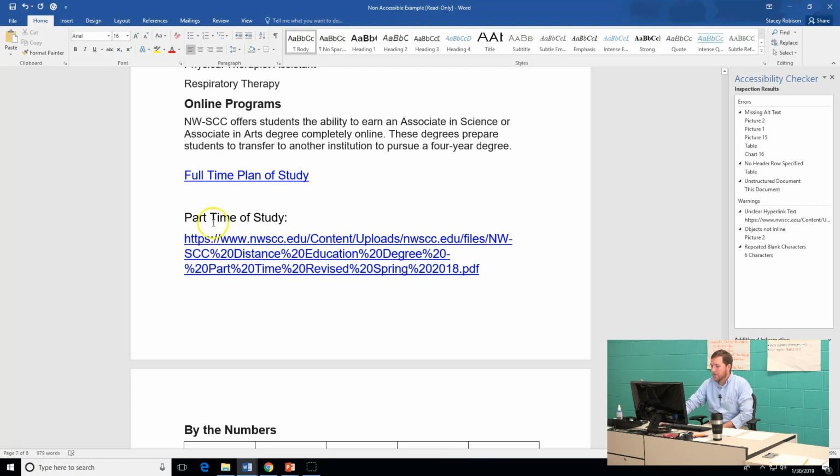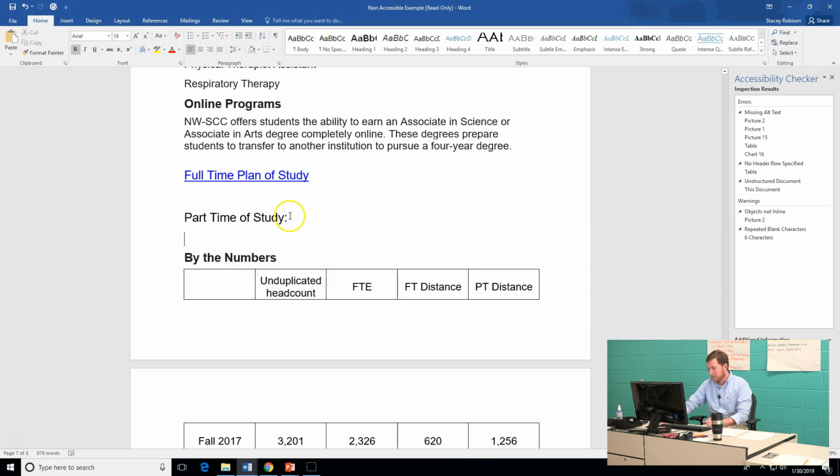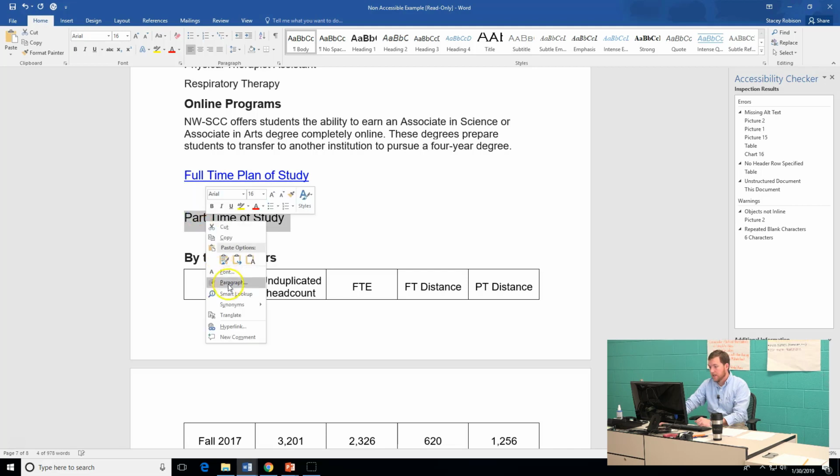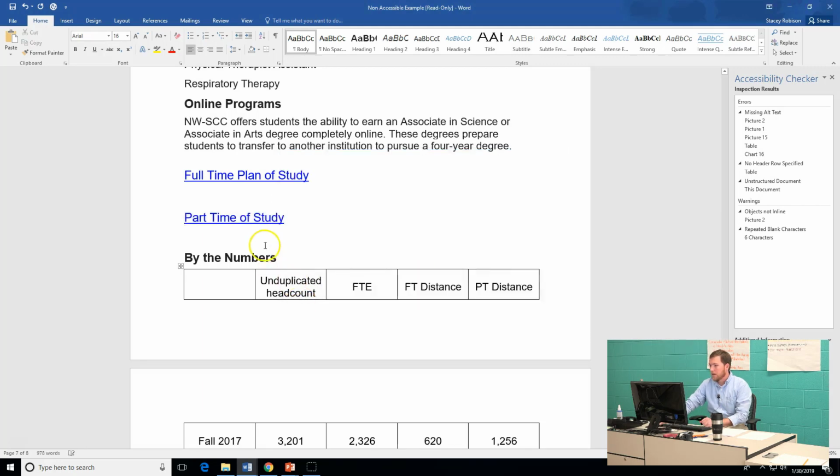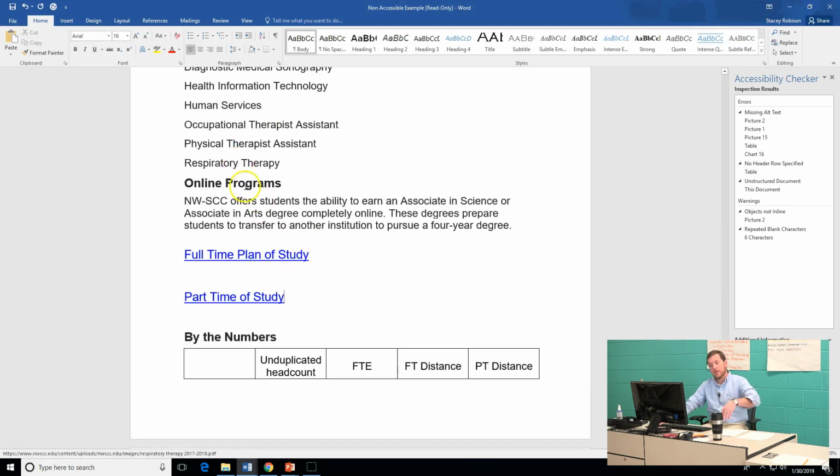And then we can do the same thing with our part-time plan of study. Take this big, ugly, nasty hyperlink and cut it. Then highlight the part-time plan of study, add a hyperlink, and put the address back in. Okay, so now as the student tabs through, instead of seeing